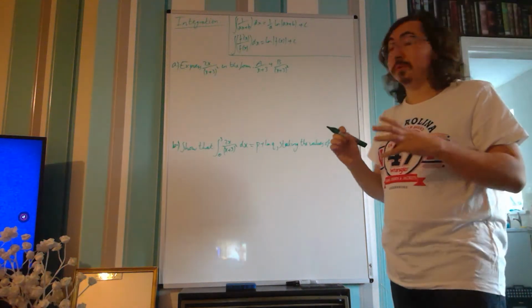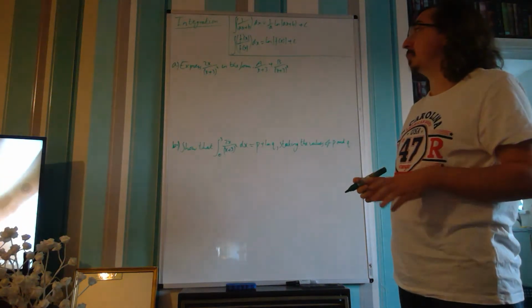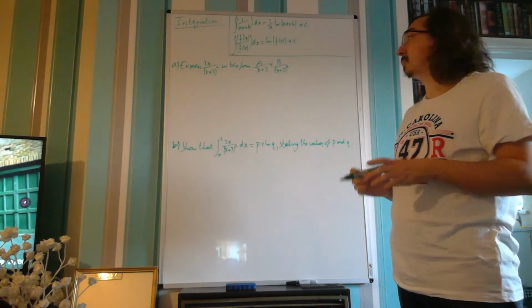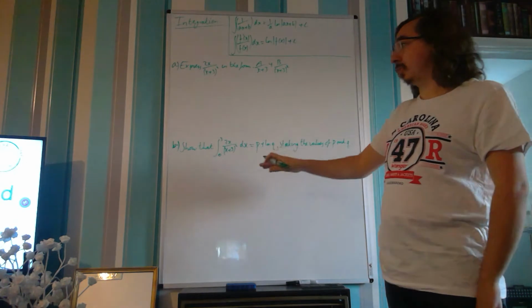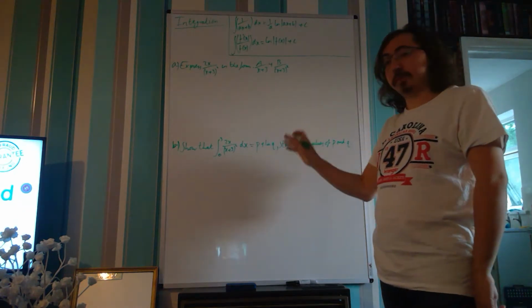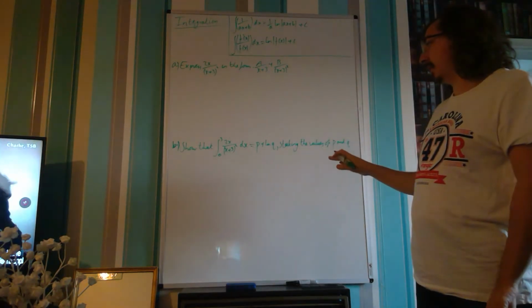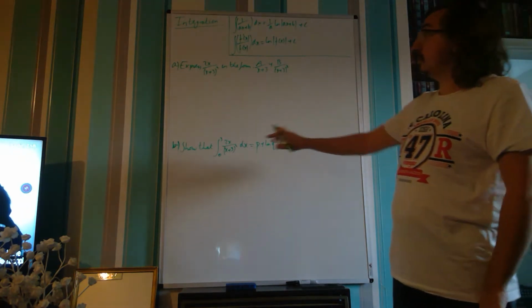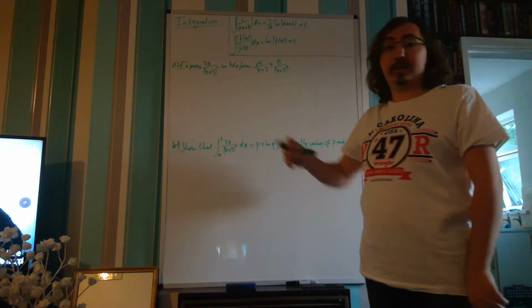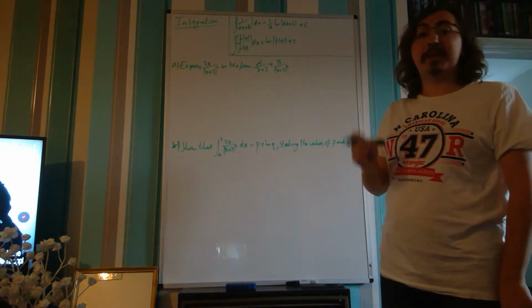So, for this question, we want to express 2x over (x + 3)² in the form a over (x + 3) plus b over (x + 3)², and then show that the integral of that between 0 and 3 with respect to x is p + ln q, where we're going to state the values of p and q. Now, the first thing to notice about this fraction is that it has a repeated factor in the denominator,